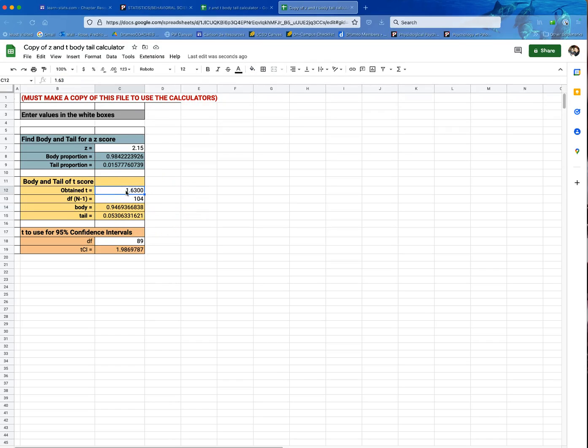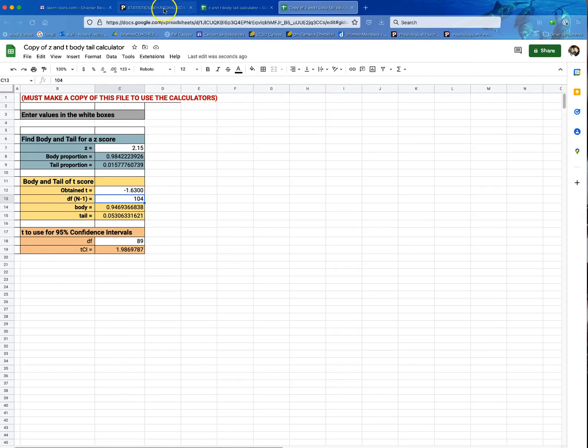If it's negative, then we would have put negative 1.63, and there's our tail proportion: 0.0530 or 5.3%. If I just move that decimal place over 2 places, that turns it into a percentage. So that's how you get the answer for number 11 and number 16, how to find the exact probability of finding a t-score that big or bigger.